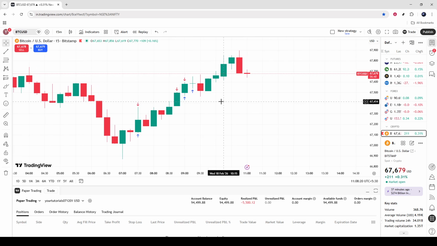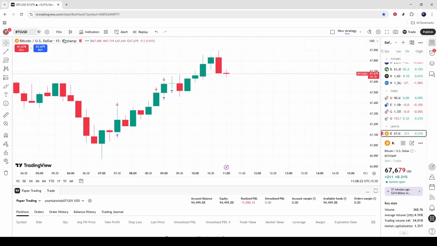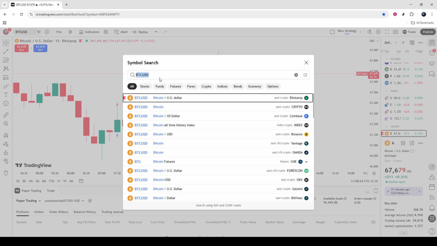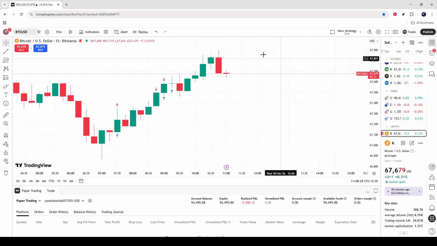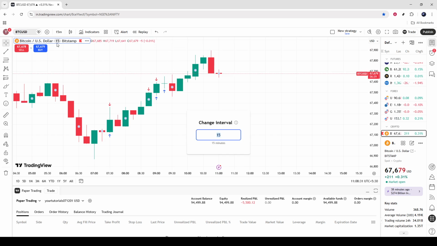First, open the chart. In the symbol box at the top, select your Forex pair, such as EURUSD. Then choose the time frame you want to test, like the 1-hour or the 15-minute chart. The chart should update to your chosen pair and interval, so you can see the historical price action you'll be